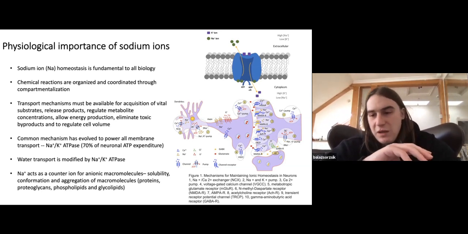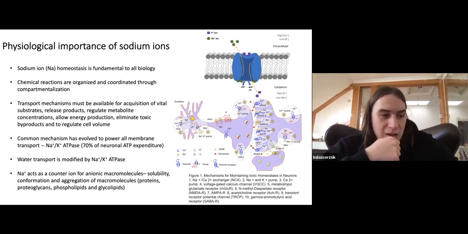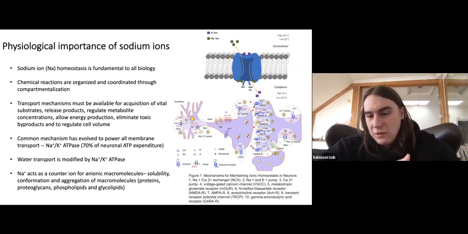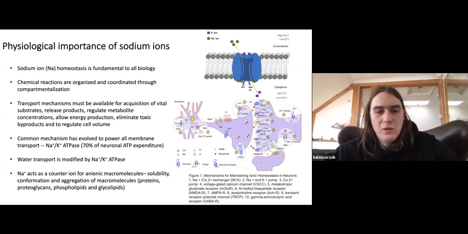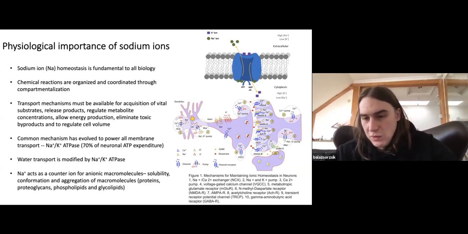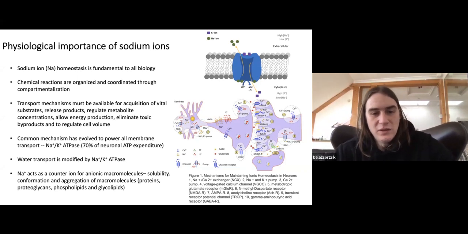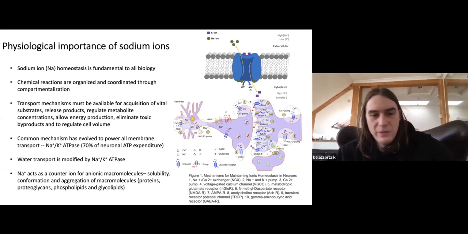So there are semi-permeable membranes separating compartments, and a transport mechanism had to evolve in order to acquire vital substrates such as glucose, release products, regulate metabolite concentrations, allow energy production, excretion of byproducts, and to regulate